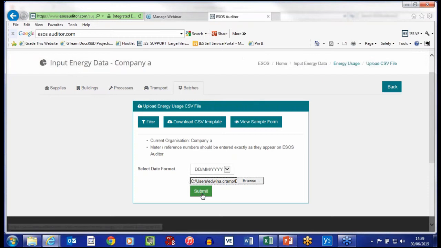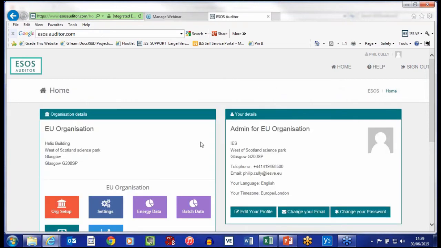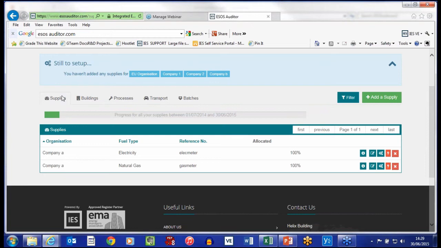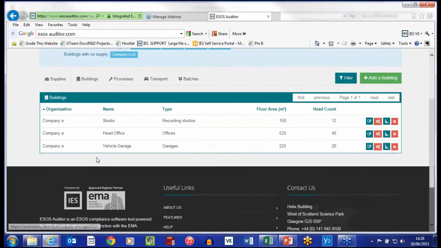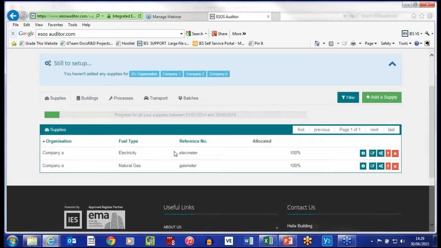It's just taking a second. I'll upload it while it's opening. You can have a look at it afterward. So this one's been added in. And actually if I use the ESOS system now, we can have a look at that data. So we have our 3 buildings, studio, the office, the garage. We have the meters which we've associated to the head office in this case. And then if we check each of these meters now,